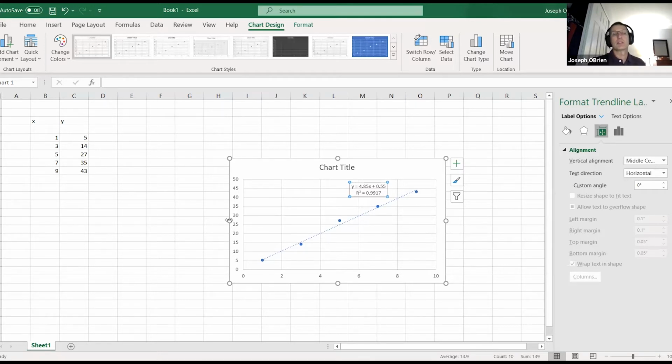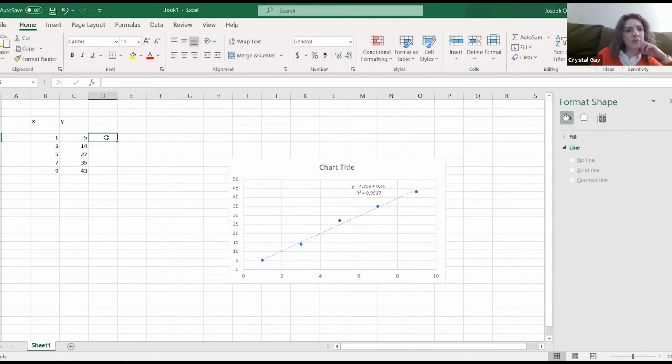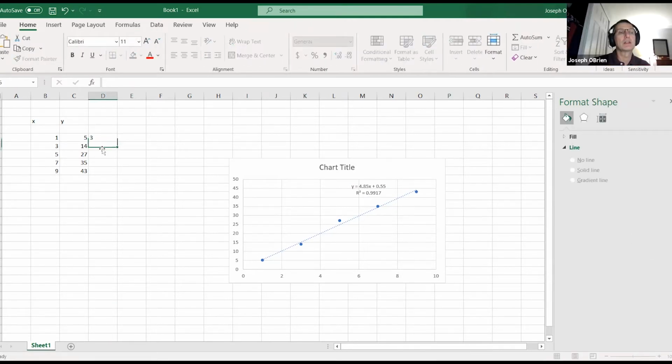Sometimes I usually don't get into it, but I do show them how you could possibly do another series on the same graph. We don't do that quite as often, something I haven't done too often, but it's kind of neat, right? So at least in Excel, let me just put in some more numbers here. 3, 8.